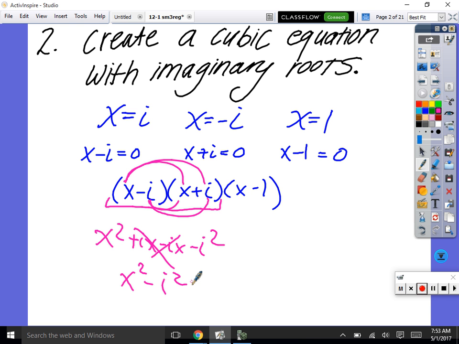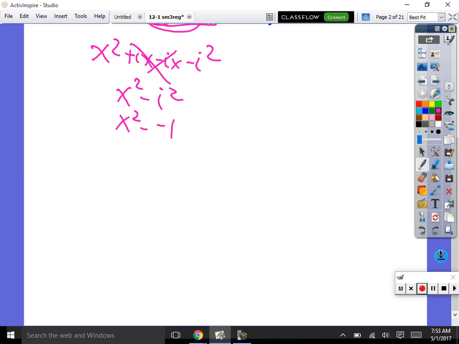Good, you're right. i squared equals -1. So we have x squared minus -1. So isn't that x squared plus 1, everybody? No one's confused? Okay, so then you would say, okay, I have x squared plus 1, and then my other